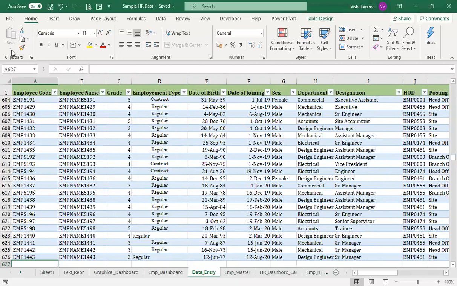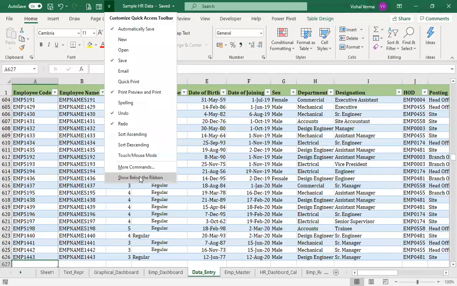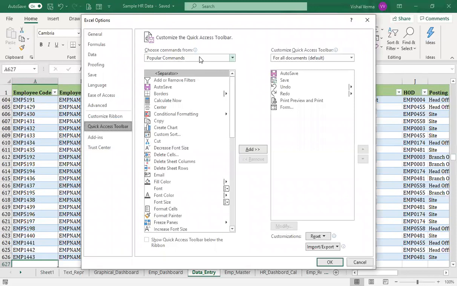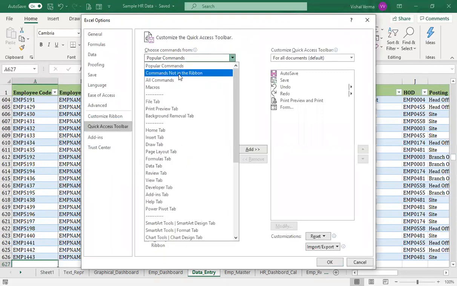If you right click on the top part, you will see that we have more commands. If you go to More Commands, you will find the option Choose commands from. If you drop down, there is an option, Commands Not in the Ribbon.